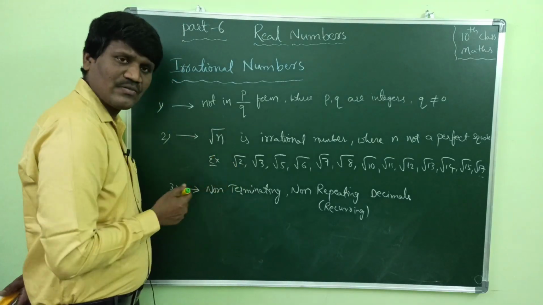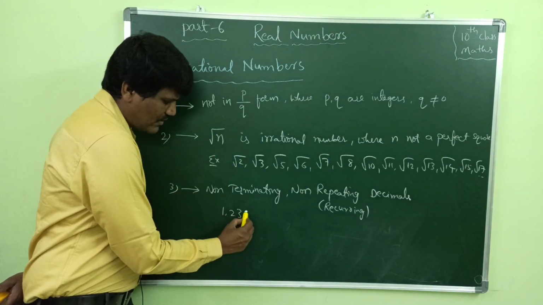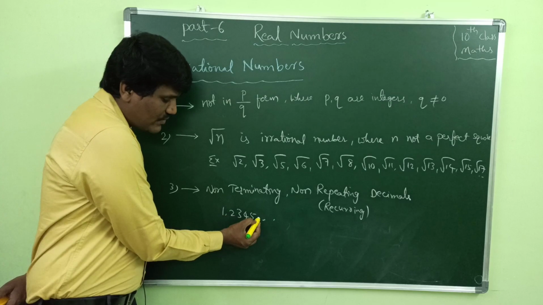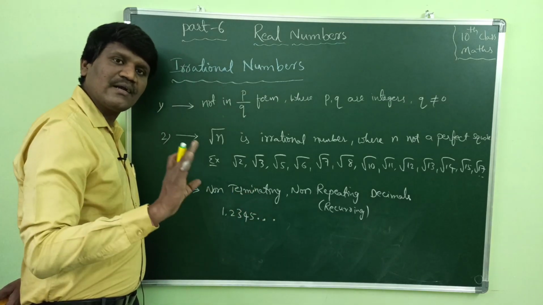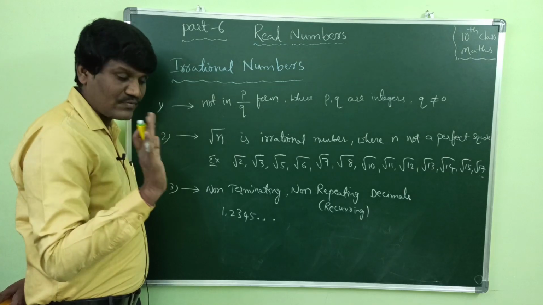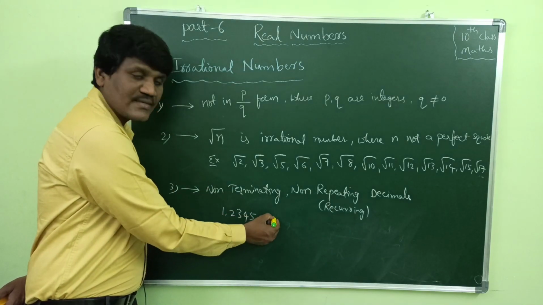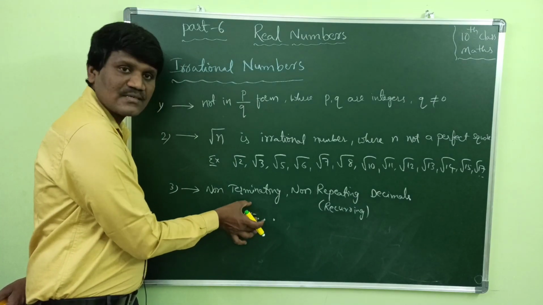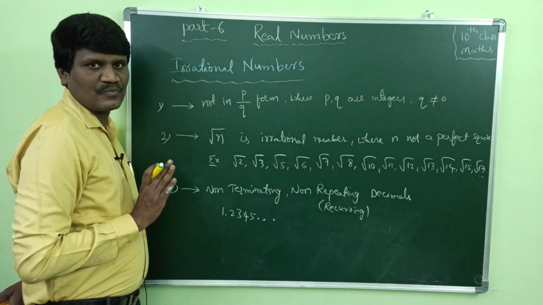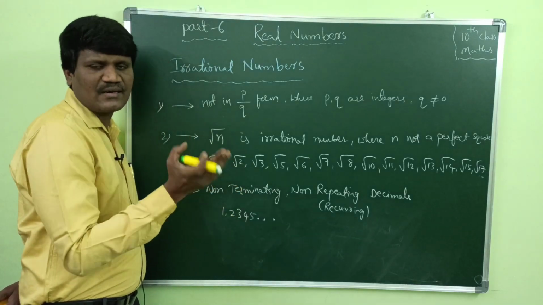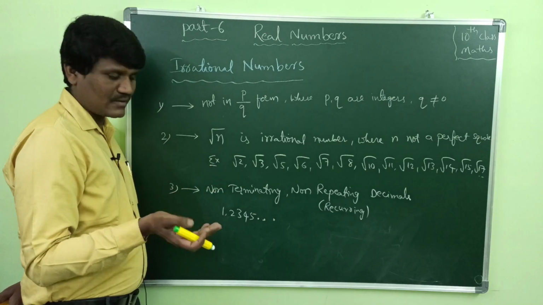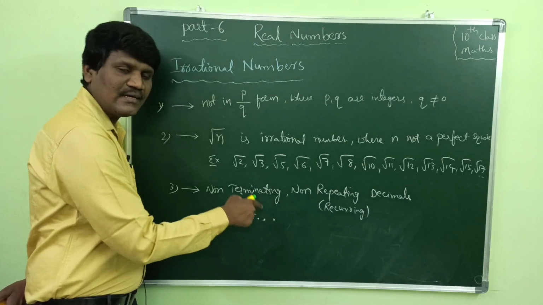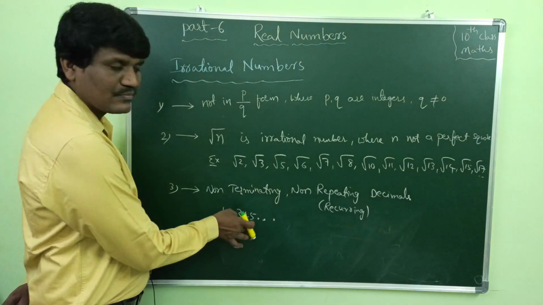The example which I can take is 1.2345 ... and so on. If the 'and so on' symbol is there, it is nothing but non-terminating, right? The first thing we should see is whether the 'and so on' symbol, the 3 dots, is there or not. If it is there, then this decimal is non-terminating. After that we should check whether it is recurring or non-recurring, repeating or non-repeating. So 2, 3, 4, 5, nothing is repeating, so it is non-terminating and non-repeating, so it is an irrational number.